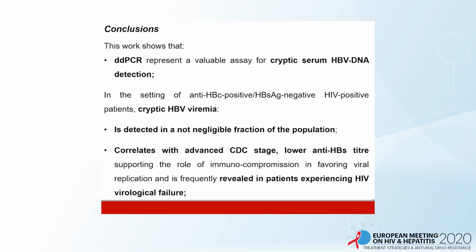In conclusion, this work shows that droplet digital PCR represents a valuable system for highly sensitive detection of serum HBV DNA. In the setting of anti-core positive, HBsAg negative, HIV positive patients, cryptic HBV viremia is detected in not a negligible fraction of the population and correlates with advanced CDC stage